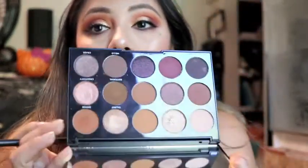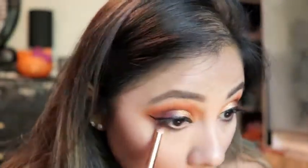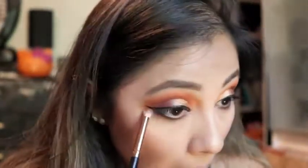So I'm just taking one of these little domed pencil brushes, and this is the Morphe R41. And I'm going in with the color Shook, which is in that same palette. And I'm just kind of running this here. Okay. And for the waterline, I'm using the Tart Closeup Lash Liner, which is just a...